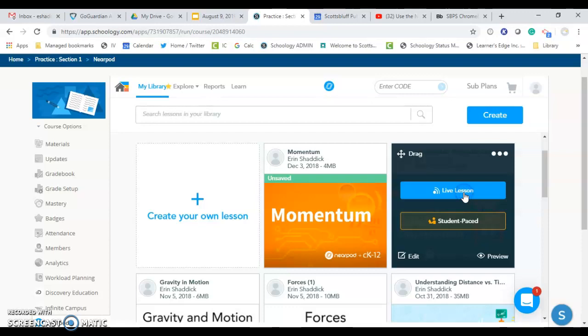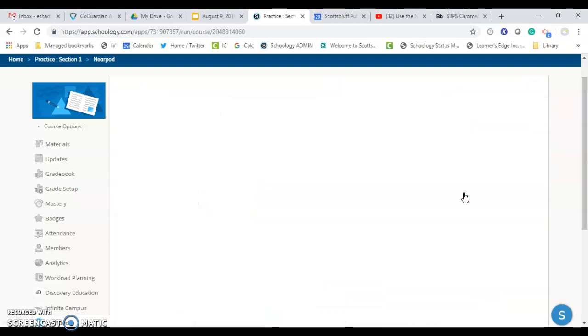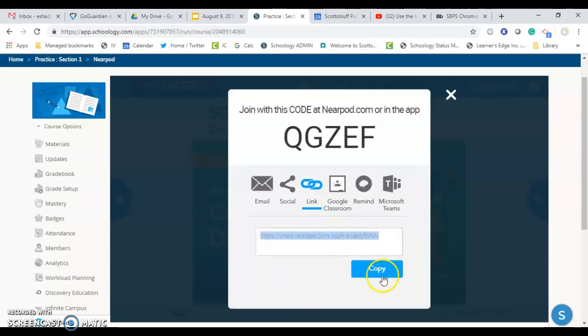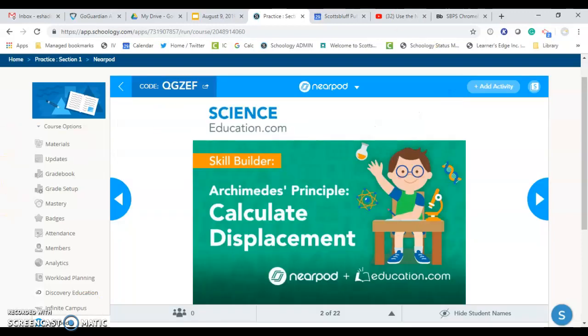choose Live Lesson, and it will give you the code. At this point, you want to click Link because you're going to embed it on your Schoology page. Then you're going to go to Materials,